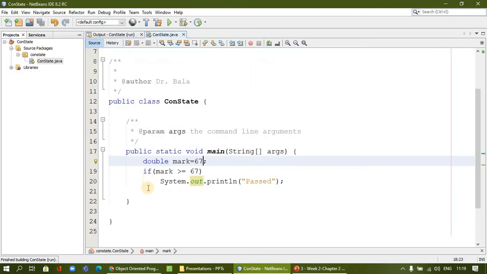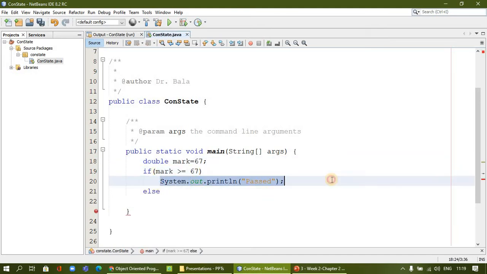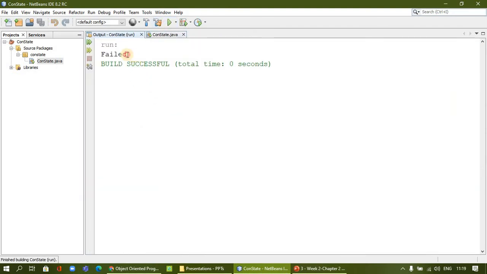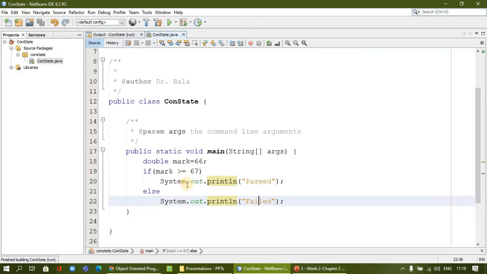If you want to have else statement, okay, previously we don't have else, only simple if we used. I'm going to say if condition is false, then execute the next statement, that else statement. So I'm going to say failed. Okay, I'm going to revert the value to 66. Previously we were not receiving any statement printed because only if this statement is true it is printed, else nothing was there. Now I am saying else, you can say failed. Now it shows failed. Okay, so this is an if-else statement.